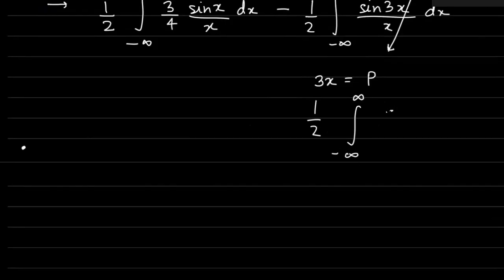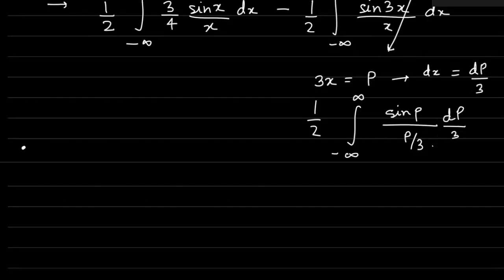Sin 3x will become sin p. x will become p by 3. And from here, we'll get dx equals dp by 3. Okay. Therefore, this 3 and this 3 cancel. And we are left with,